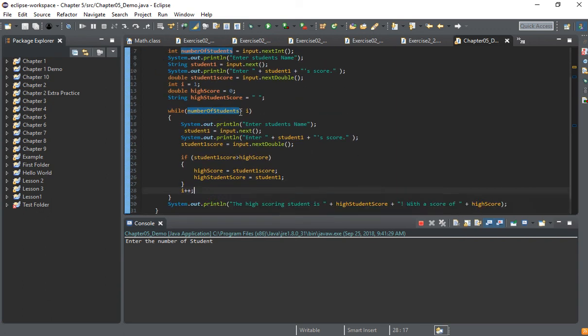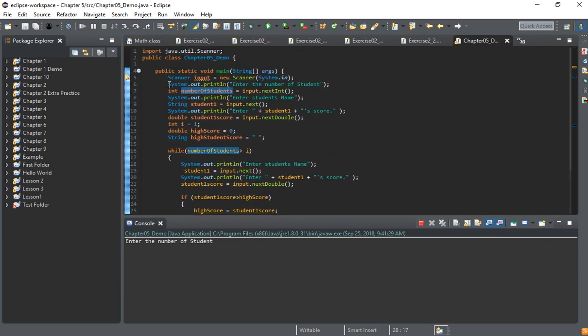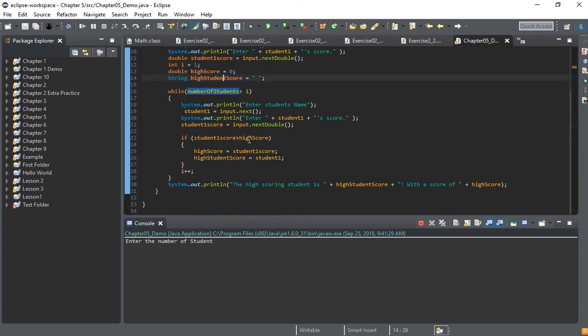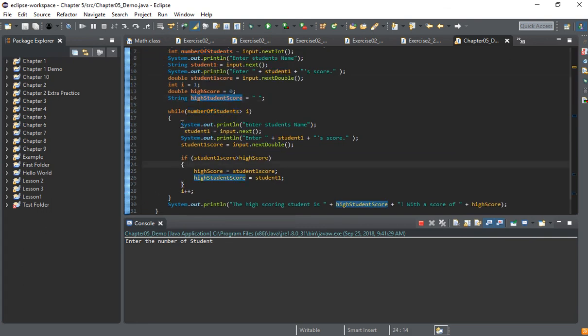But now you have student 1. Okay, you enter their name, their string, you store it as a string, you store the number of students as an int, and then you store student 1's score, and then you have int i equals 1, you have a high score, you set a score for it, doesn't matter what it is, you set a string for it, doesn't matter what it is, because we're resetting it in here. So then, the first time through,